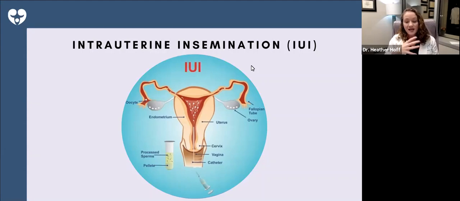And then at the time that you are going to release those eggs or ovulate them, we will plan to do an intrauterine insemination, meaning that we're going to take a sample of sperm, wash it, concentrate it, process it, take a tiny little catheter and put it right in through the cervix and be able to put the sperm right in the middle of the uterus, so that more of the sperm are able to get out into the fallopian tubes. Because when you have intercourse, you lose many of these sperm here at the level of the cervix and the vagina. So this is a way to bypass that and get the best sperm out to the tubes,